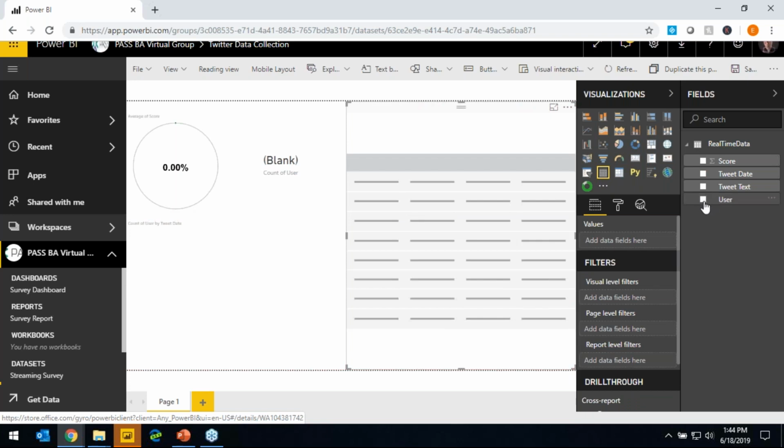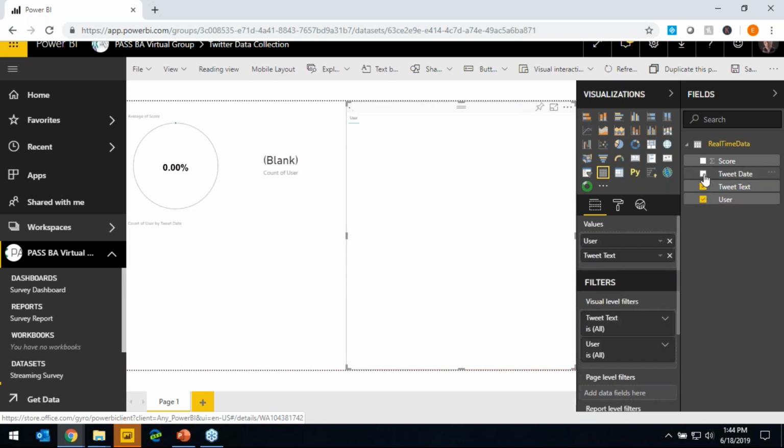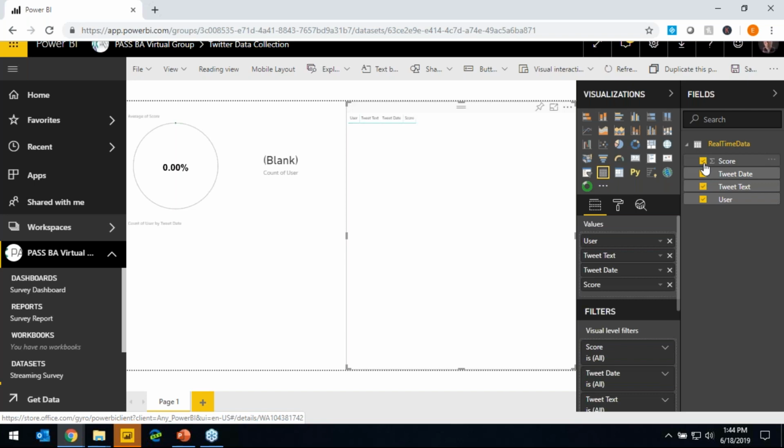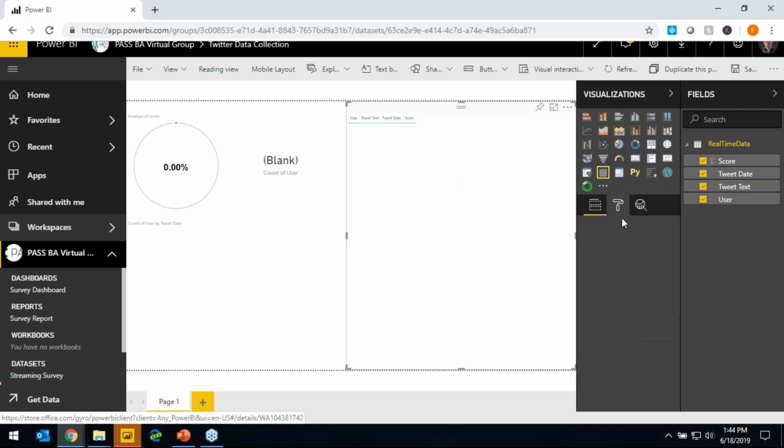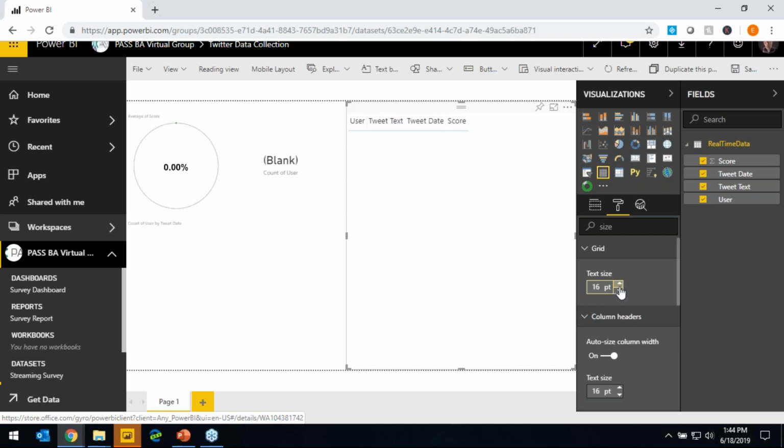So I'm going to bring in and look at the user, the text, the date, and the score here. Okay, all right, cool. So I'll increase the font size of that so it's a little easier to see. Perfect. And then just like we did last time, remember what we did last time whenever we did this,